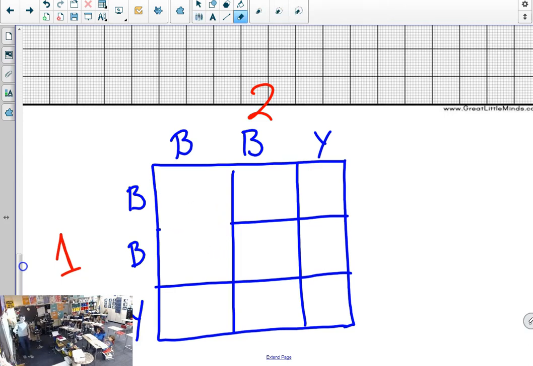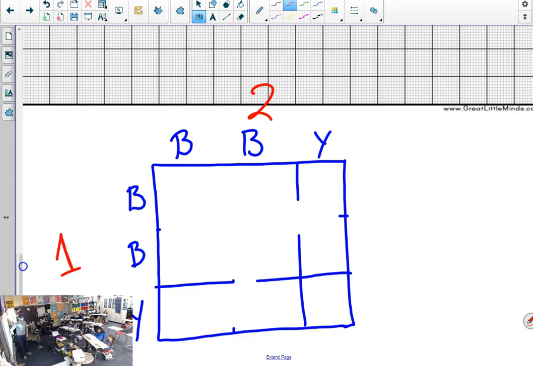If I wanted to get a blue for my second draw, would it matter whether I got that block or that block? No. So why do we have this split here? I don't really know. Well, I should probably erase this split too, right? Because then that's just yellow and blue. If I erase this split too,